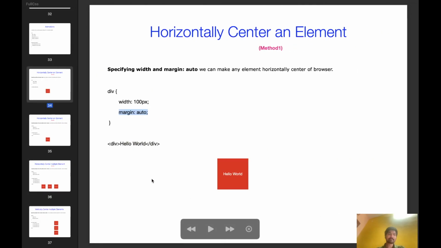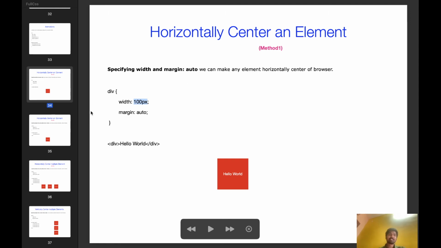Here width is required, otherwise margin auto will not apply. These two are the combination: width 100 px and margin auto. So this 100 px will come in the middle of the browser width. That is about horizontally centering an element.